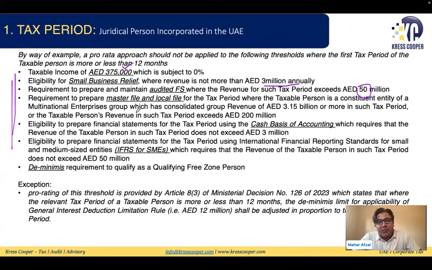Cash basis of accounting is possible if the company has revenue up to 3 million. You can apply the cash basis of accounting. This is again based upon the tax period. You cannot apply the pro rata basis. In the same way,